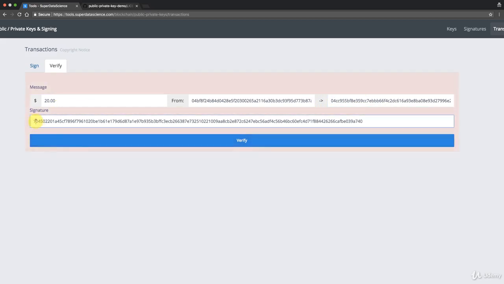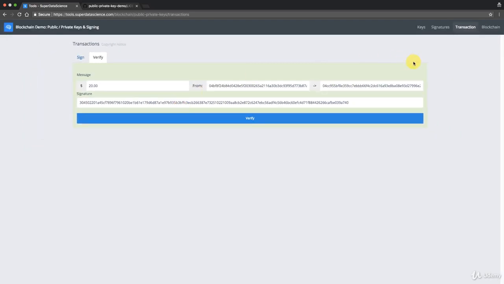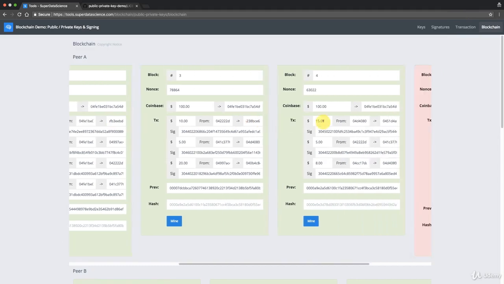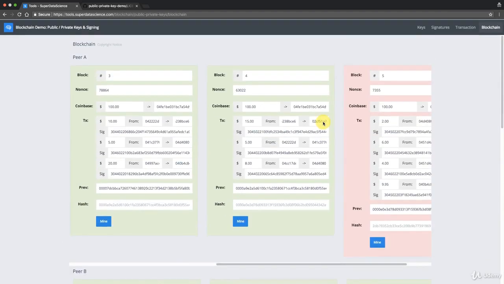If I try to change anything, the signature doesn't work. So if you try to change anything in here, and in addition, you should also see the public key here, if you try to change anything, it will not verify. Okay, so that's those. There's also this blockchain one. If you'd like to play around in your own time and see how it works in a blockchain,